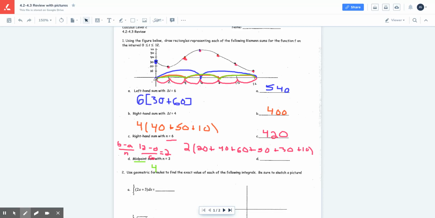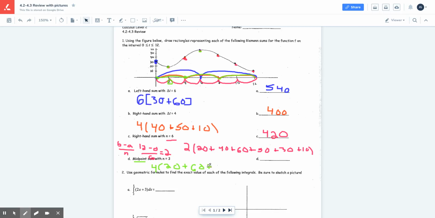Now, this first rectangle starts at 0, ends at 4. If it was a left sum, we would use the 0 height. If it was a right sum, we would use 4, which is the 4 height. Now it's a midpoint, so what's in the middle of 0 and 4? Well, it's 2. So you use that height right there, which is 20. So it's 20 plus. So then we go from 4 to 8, 6 is in the middle. So we're going to use that, which is